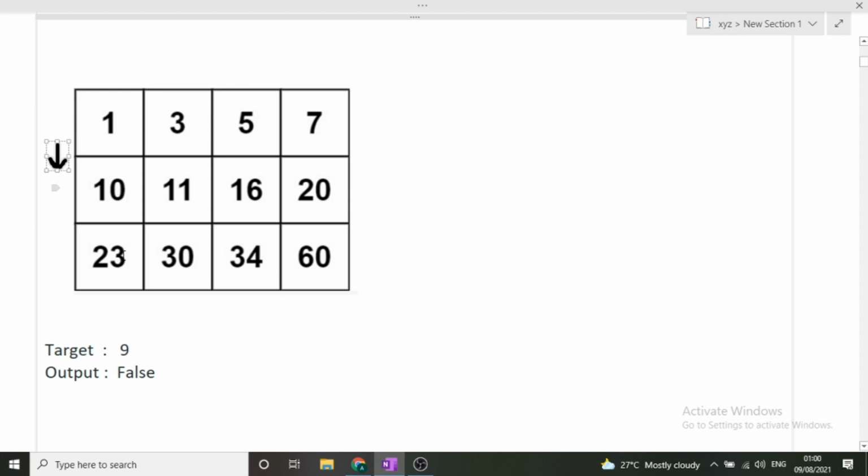And let's suppose, in the worst case, that we have to find the element. We have to find 23. So how will we find it? First of all, our pointer was here on 7, then it will move to 20. 23 is greater than 20, so again we will move to the next row, that is 60. Now we'll move here because 23 is less than 60, again 23 is less than 34, so we will move here. 23 is less than 30, so we will move here. So here 23 is equal to 23, we have found it.